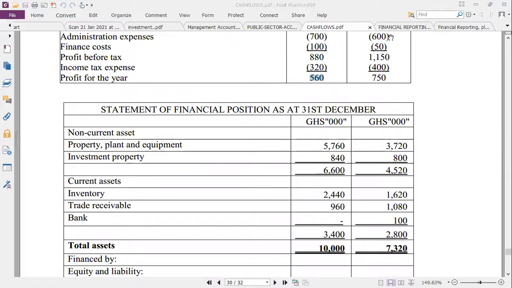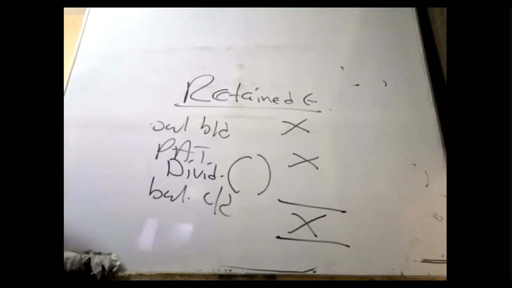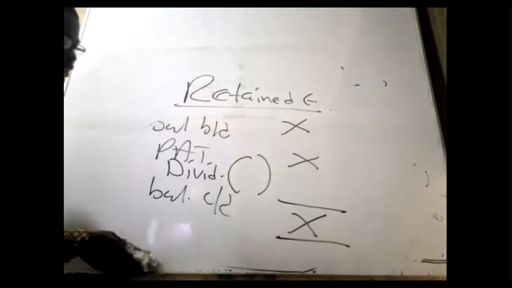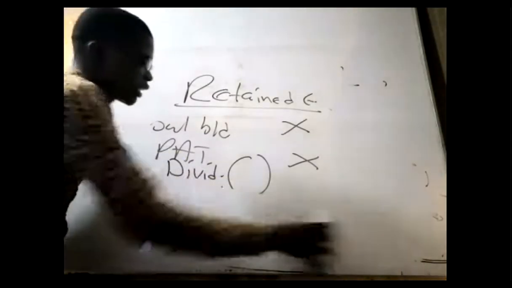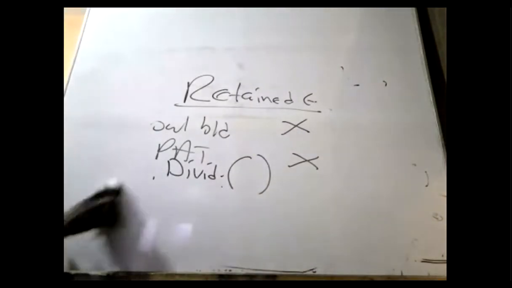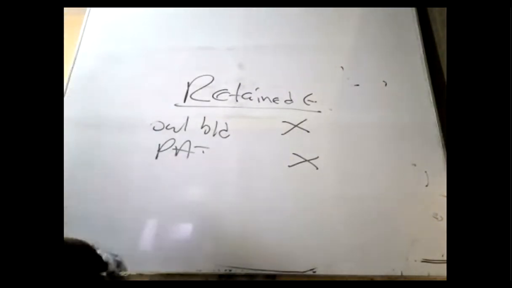Great. What if there was a transfer in the question? If there is a transfer in the question, record it accordingly. For instance, there are so many types of transfer. I'll give you one: let's say, bonus shares. If there are bonus shares in the question, then before you bring the closing balance, you record the bonus shares. So record all the items.